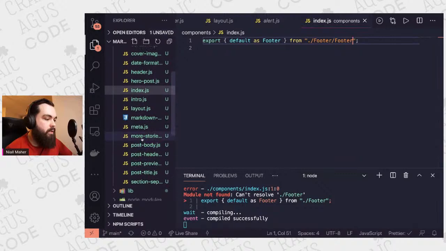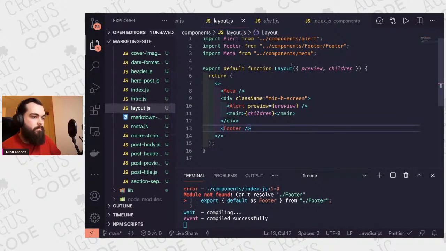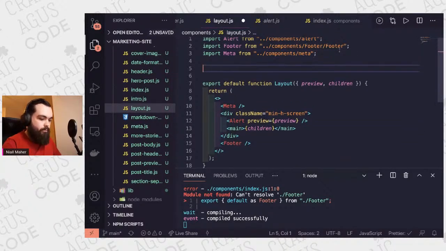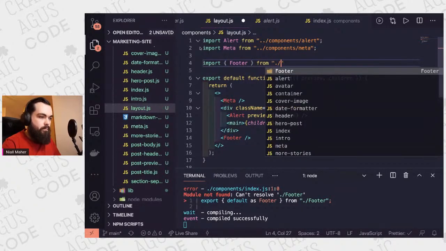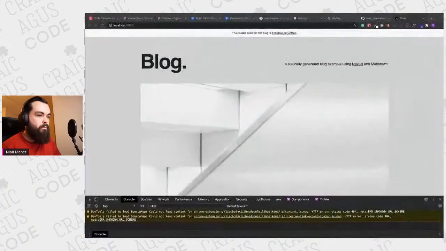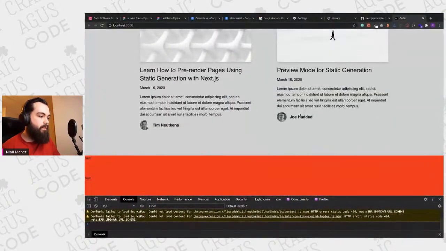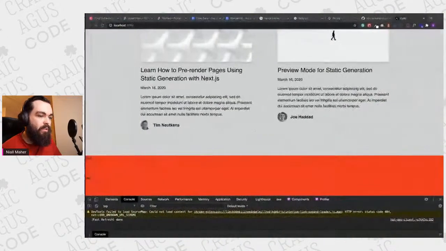So in there, now let's go into our layouts. I think we can get rid of this now. Yes, so we have our lovely footer now. Showing twice for some reason, but